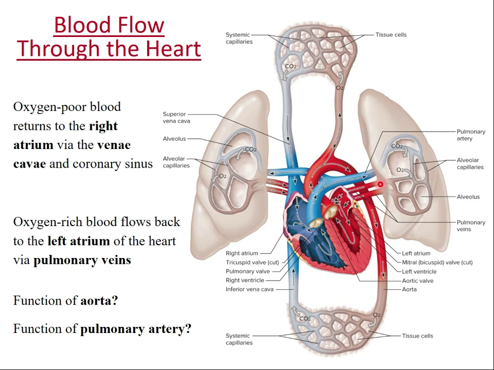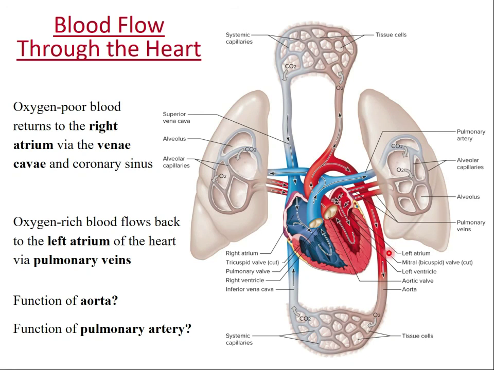Shown here in red because this is oxygenated blood, it will get into the pulmonary vein, and the pulmonary vein will come to the left atrium. From the left atrium, it will go through the mitral valve to get to the left ventricle. And in the left ventricle, now it will go through the aortic valve into the aorta and will go throughout